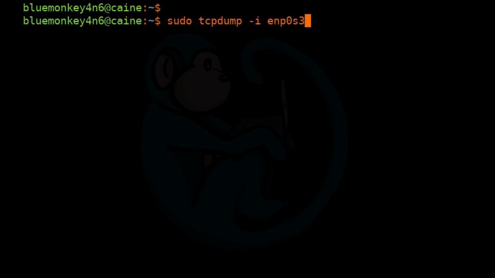That's the interface we want to monitor. And then I want to filter for anything where our machine is the source of arp traffic. So I'm going to put src host 10.0.2.12, which is our IP, and arp, or whenever our machine is the destination, so dst host